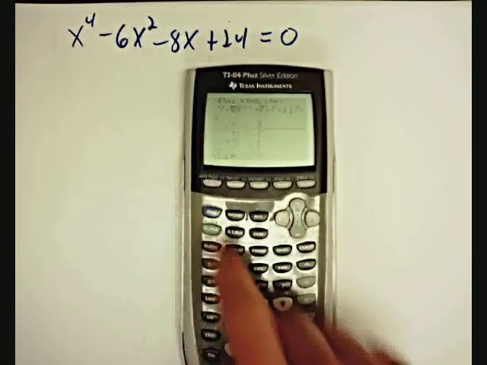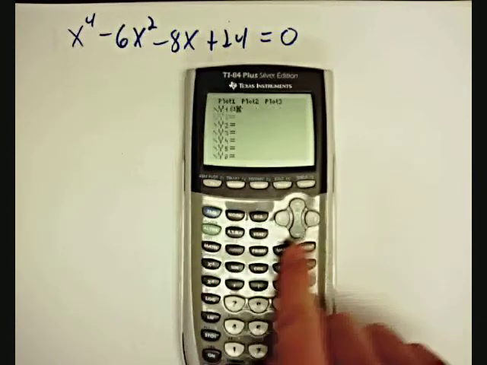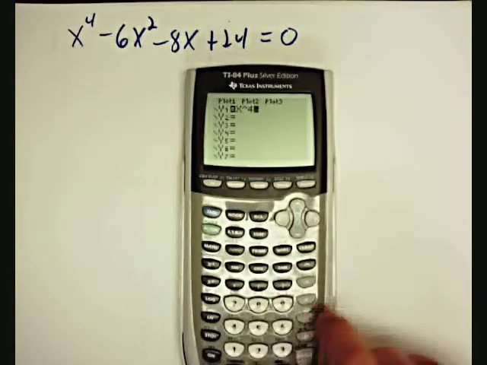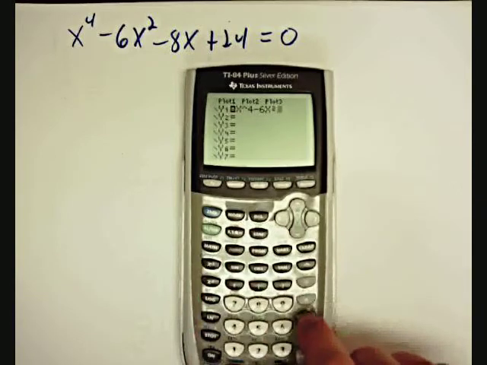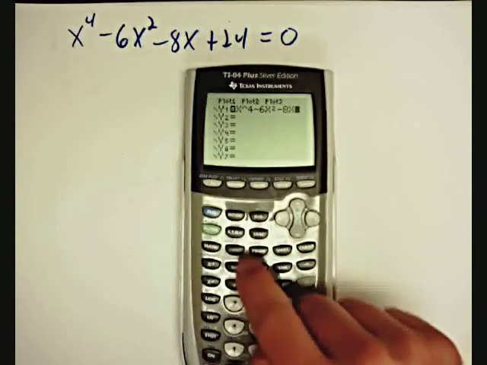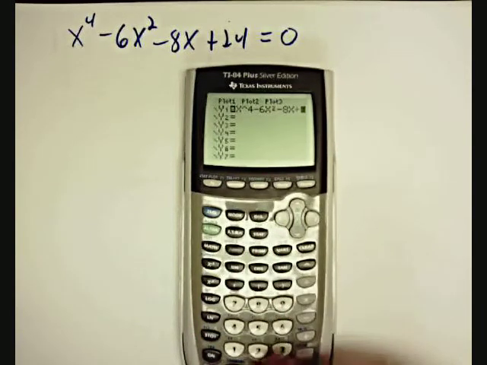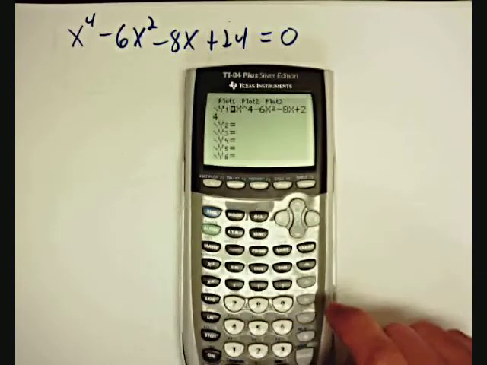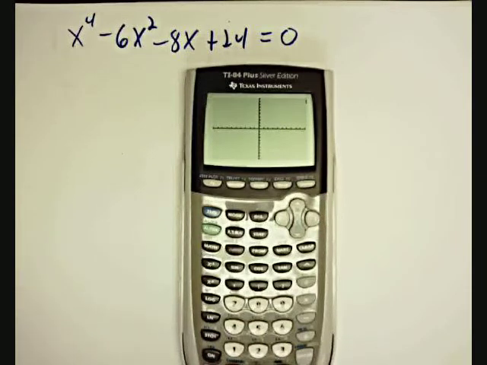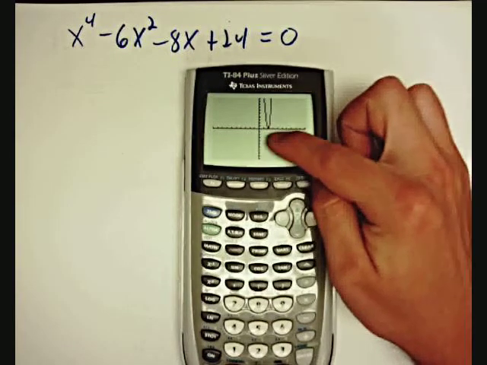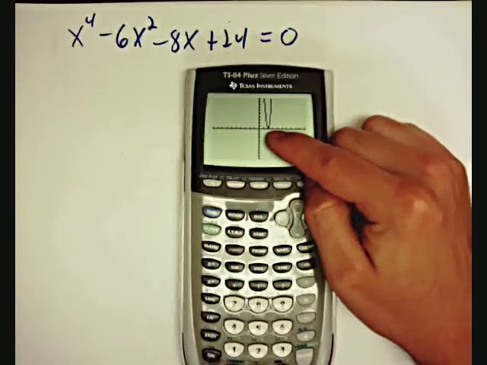So y equals, clear your other graph, x to the fourth power minus 6x squared minus 8x plus 24. Press graph, and we see a graph that looks something like this. Okay, and so we really only see it crossing one place at the x-axis, and it actually looks like it